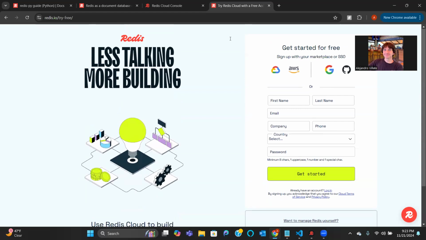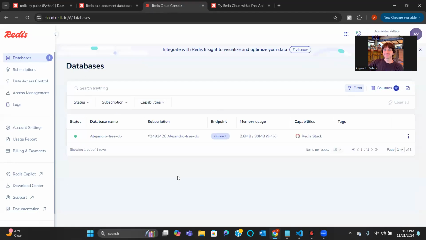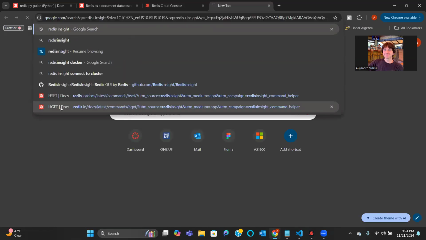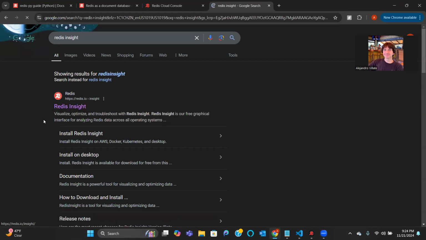Eventually, once you follow all these steps and get set up, you'll land on this. Sorry, not this page. I believe this page where you'll be able to see your DB. So once you've followed that and have gotten to this page, we can move on to the next thing that I wanted to mention, which is Redis Insight. So again, if you just Google Redis Insight and go to this page,